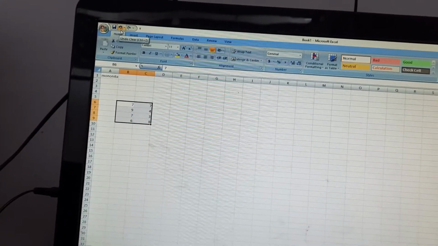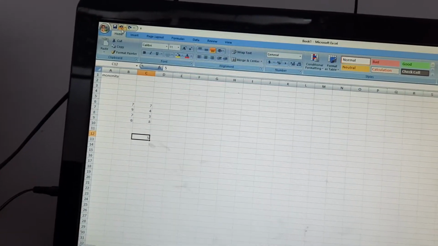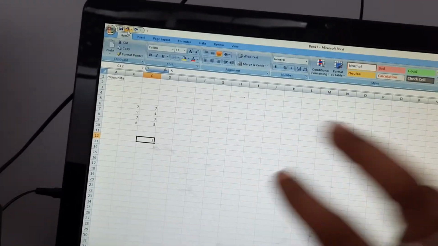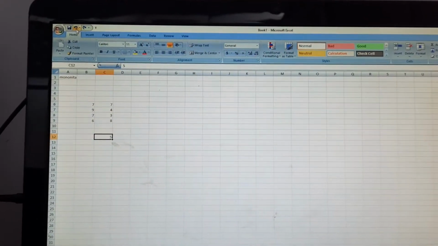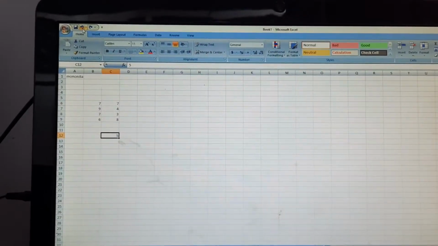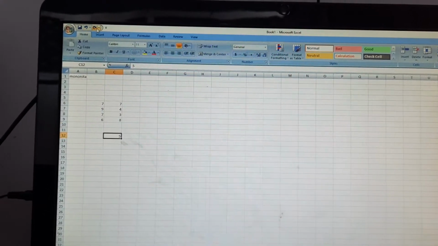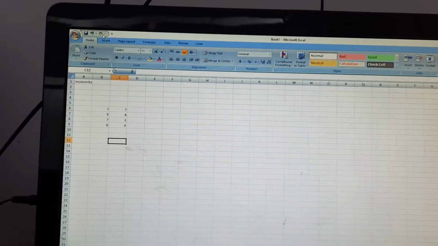Undo means when we click something, see, the number has appeared. I deleted this number, then as I do the undo, the number again comes back to the place where it was. And if I do the redo, then again it is gone.